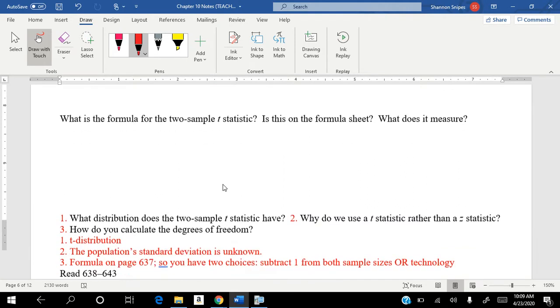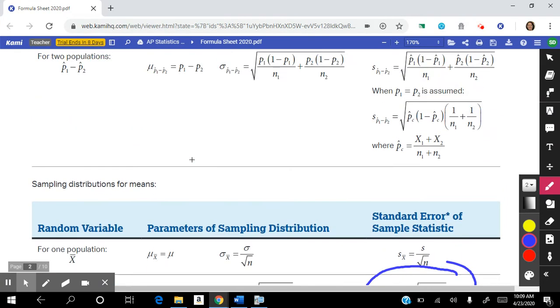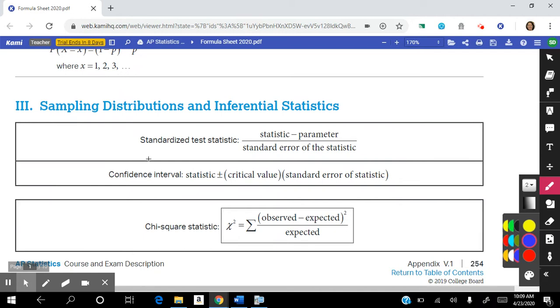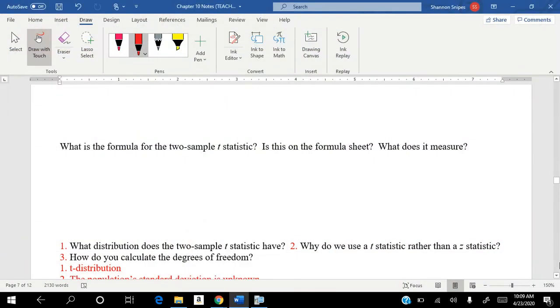All right, what is the formula for the two sample t statistic? So remember, we're using t because it is means, and we have to use t for means. So the formula for the test statistic, if you'll remember, is always given to you in words. So I'm going to translate these words into symbols. So the test statistic for means is t. And this is going to equal the statistic. So it's going to be x bar 1 minus x bar 2 minus the parameter, which is going to be